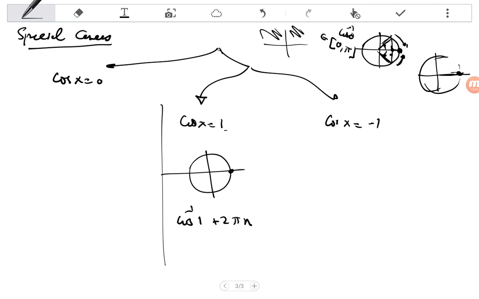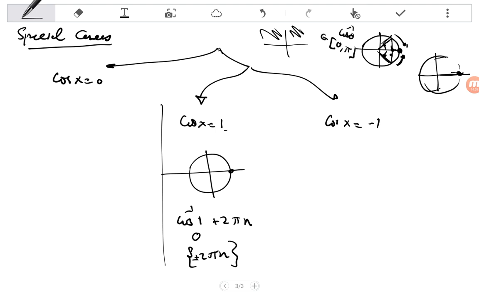Okay? So what is cosine inverse 1? It is just 0. Cosine inverse 1 is just 0. So that's why the set of all solutions we may write as 2 pi n, and we may put plus or minus like this. But you just need to know that in this case, cosine x equal to 1, we will have